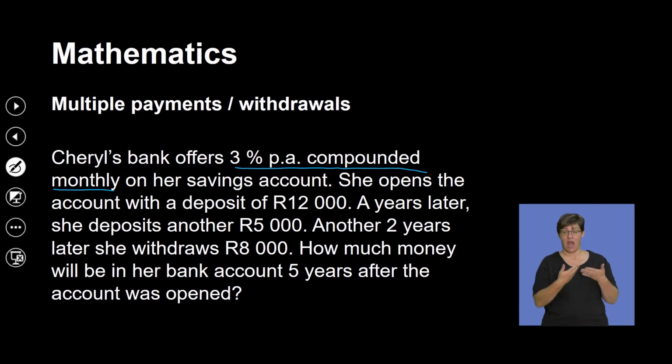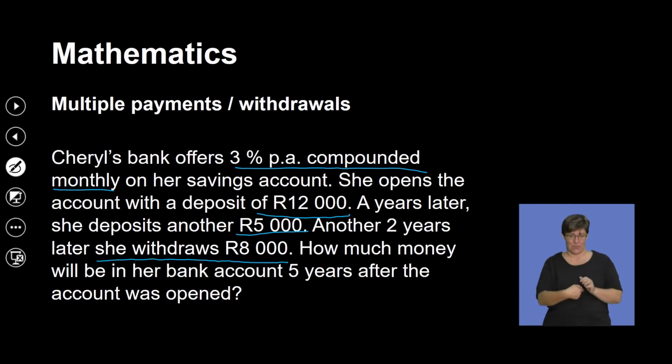She opens the account with a deposit of 12,000, and then a year later she decides, no, I have an extra amount in my purse, let me just go and deposit an extra 5,000. Another 2 years later, she decides to do what? To withdraw 8,000